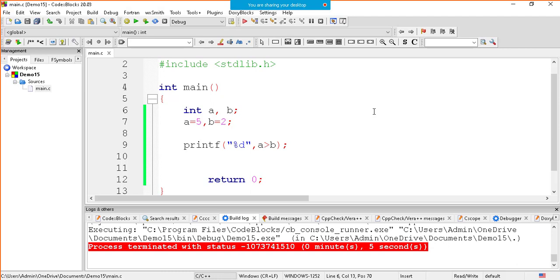don't think, bhai, ye print kaise ho raha hai. Even I can do like this. This is like Krishna and Kanhaiya only, both have the same meaning. Suppose I write here C is equal to A greater than B, and then rather than directly printing A greater than B, I am writing C here.